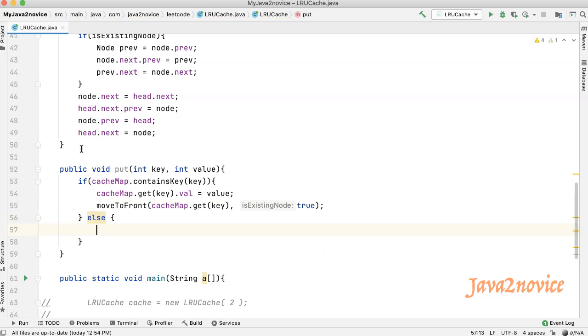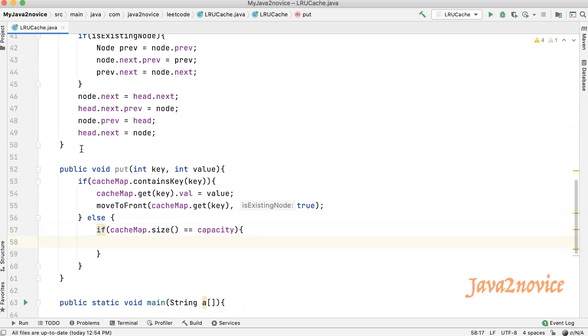Now check the capacity before adding any new element. If the cache has already reached its capacity limit, then evict the least recently used element. We will draft a method here. We will create it a little later. We will pass the tail node.